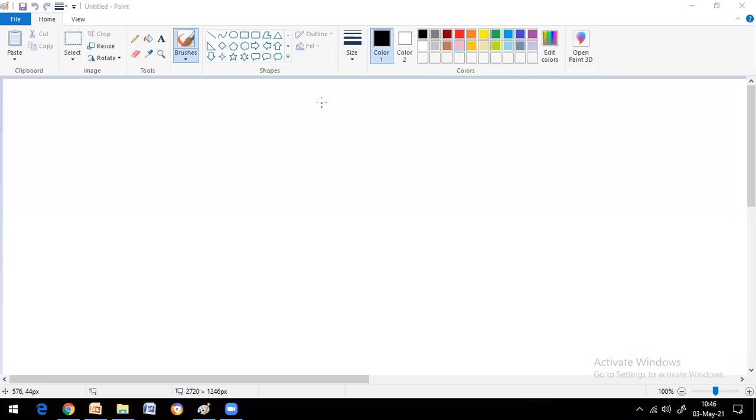So the bending equation for the beam, isn't it? For the beam, M by I is equal to sigma by Y is equal to E by R. This is the pure bending equation which you all know, which was derived in your strength of materials one, isn't it? Now, as it is not a straight beam, as it is a curved beam,